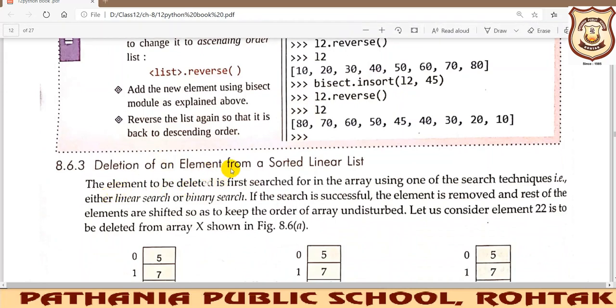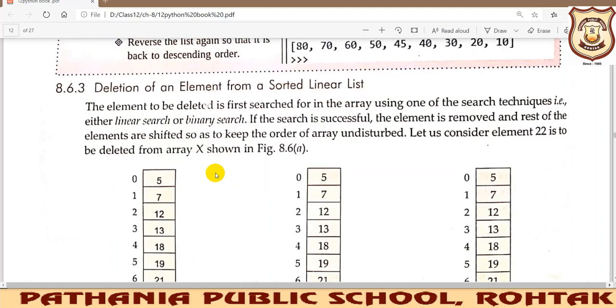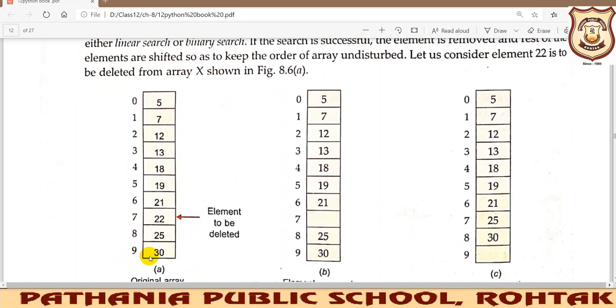Next is deletion of an element from the sorted linear list. If you want to delete an element from this sorted linear list, what could be done? Firstly, whatever element has to be deleted, we must identify its position or index first. Second step: the element will not be deleted directly.